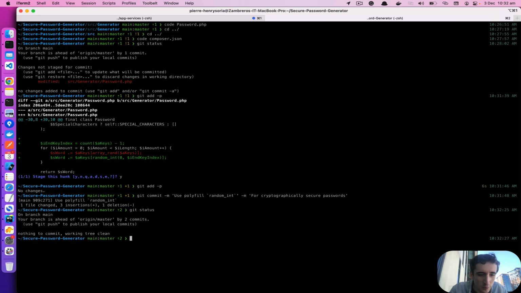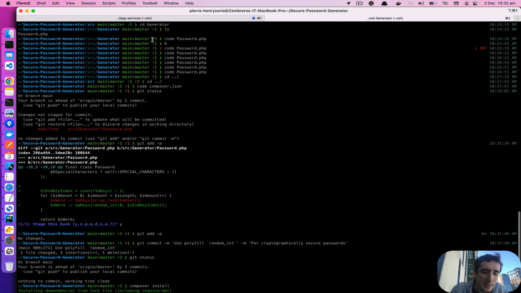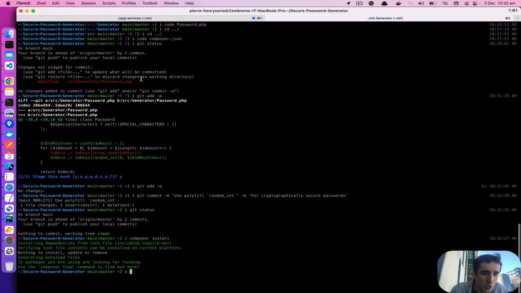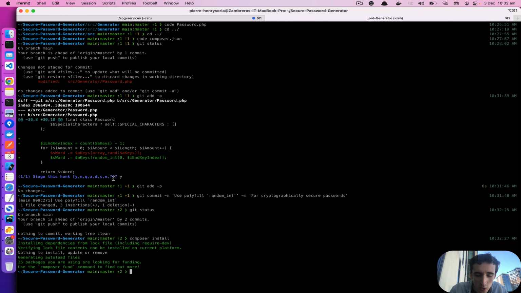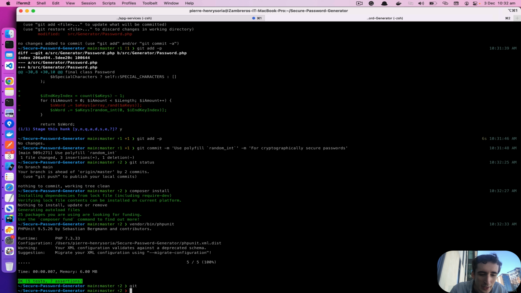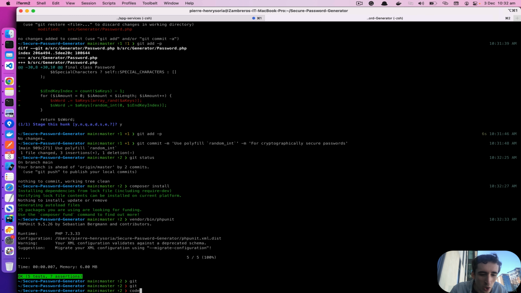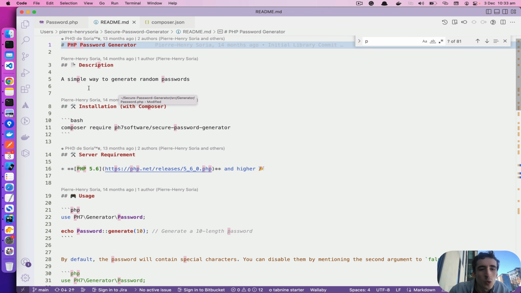So I will do composer install first to install all of the dependencies. I think it has been already installed when I installed the package earlier. You see here. So now we can do vendor bin phpunit, and we can run PHPUnit. All of my tests passed, so I will also update the README to mention that now it's cryptographically